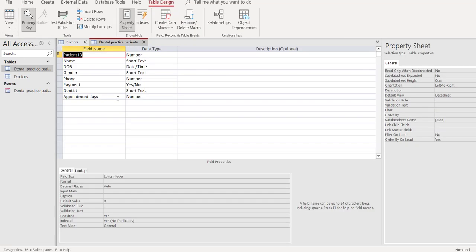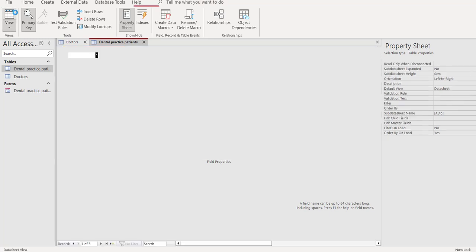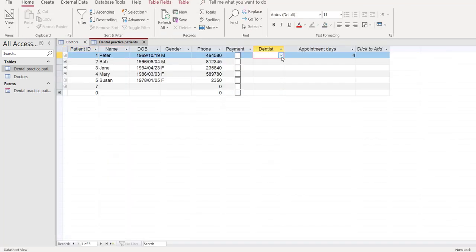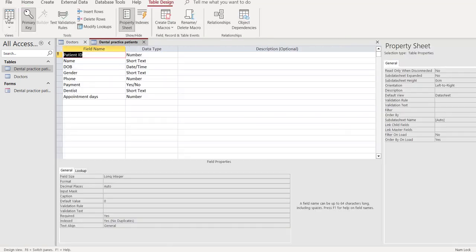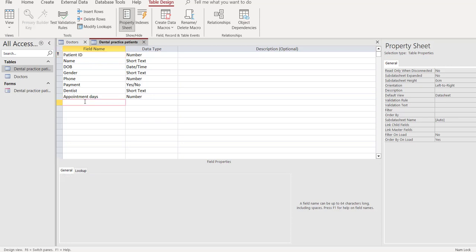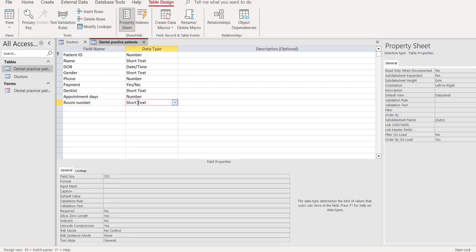If you want to put a combo box in, which I've done, let me have a look over here. You'll see on dentist, I've got Dr. Brown and Dr. Jones. So let's just go put an extra one here. So I'll put one, and let's say room number. Okay. And I want to choose between room 1 or room 2. I don't want to have to keep typing in 1 or 2. So I've got it on short text,